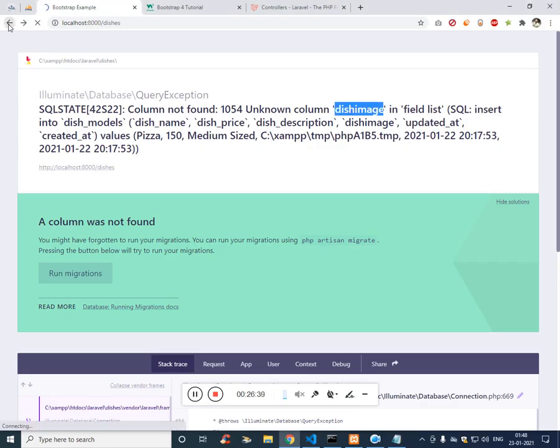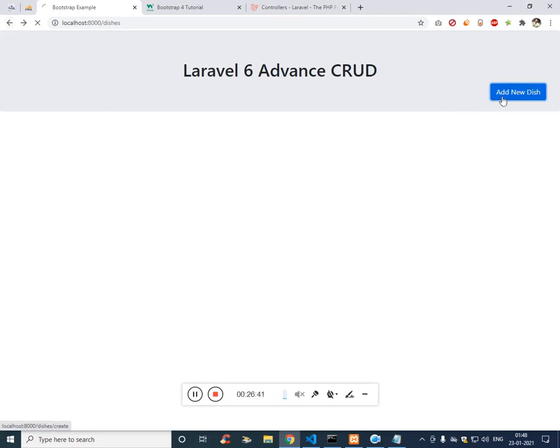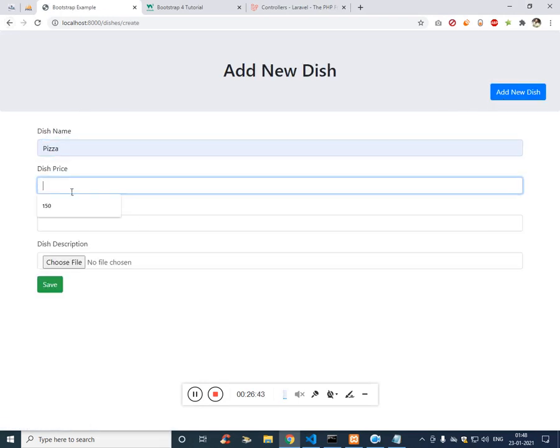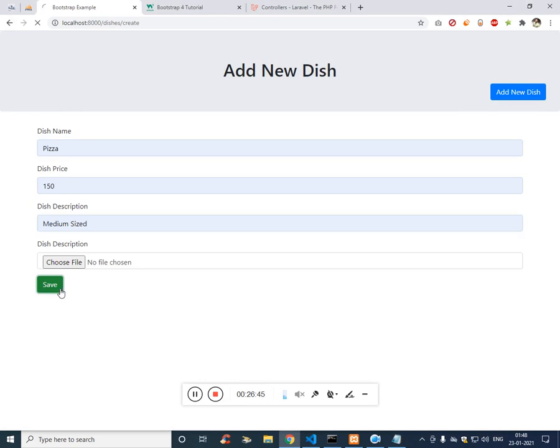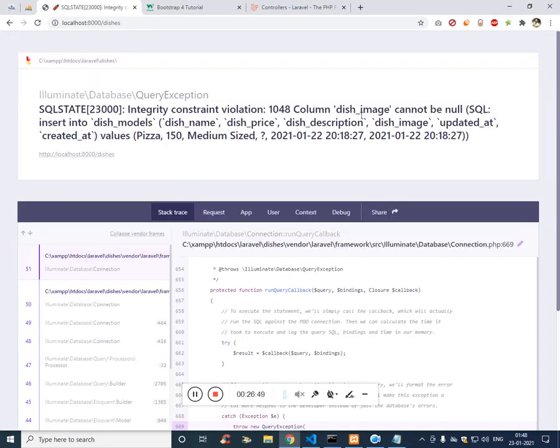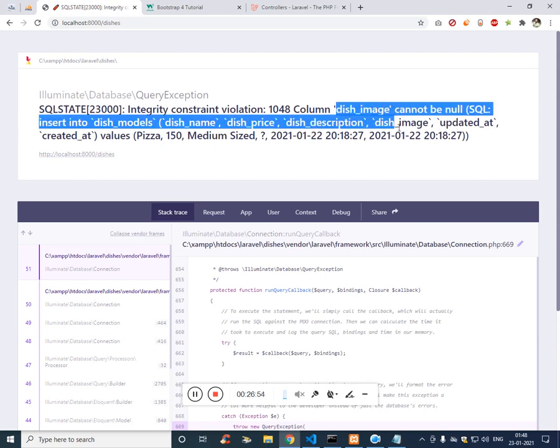Let's get back. Let's try to add one more time. We have not added any validation, so I'm skipping the image one. Dish image cannot be nullable, so let's try to insert the dish as well.